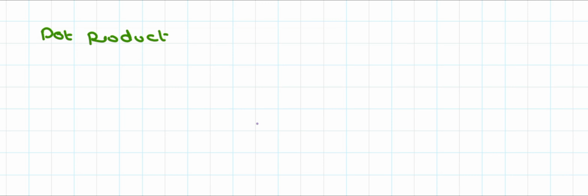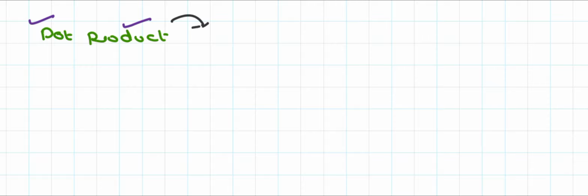Today we are going to start the new topic, that is the dot product. Now, there are two words: one is dot and the other one is product. The product refers to multiplication in mathematics, and the dot is nothing but the full stop. So the dot product is all about when we multiply two vectors, and the answer would be a scalar quantity.